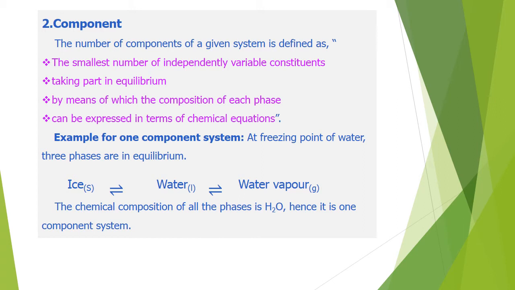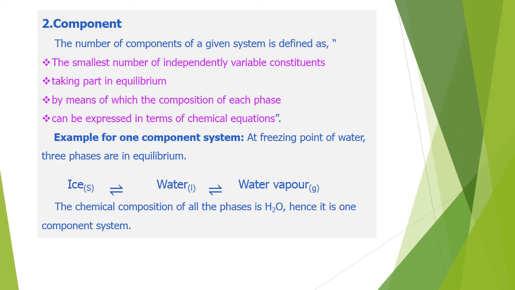Let me explain this complicated definition in a simple form. To make tea, what are the ingredients you want? I want tea powder, I want water, I want milk, and I want sugar. Let us consider we need 4 components in making tea. If I reduce any one of the components, still I can call it tea. Yes, I can reduce water. If I reduce water also, it is still called tea. Can I reduce one more element in this? Yes, I can reduce either sugar or milk.